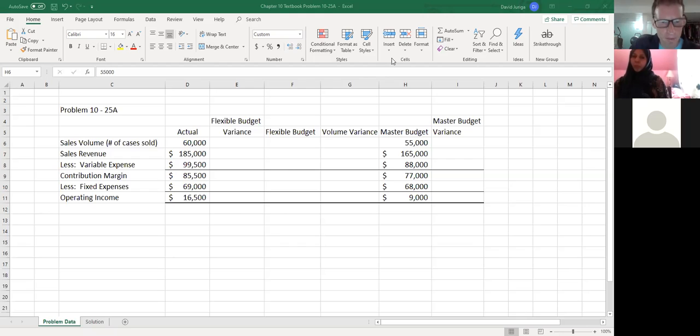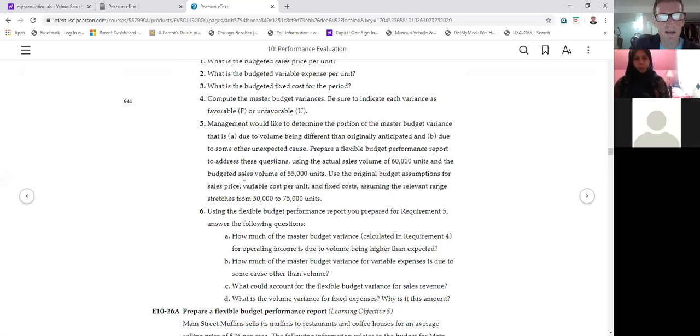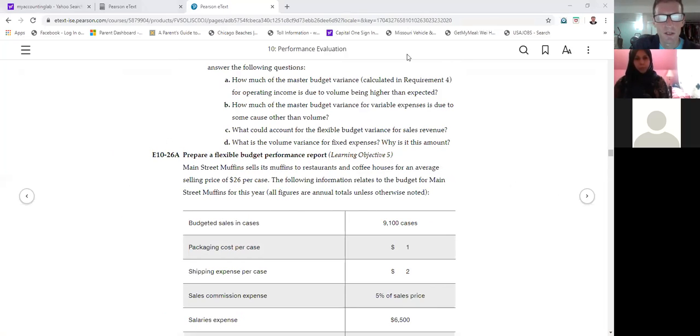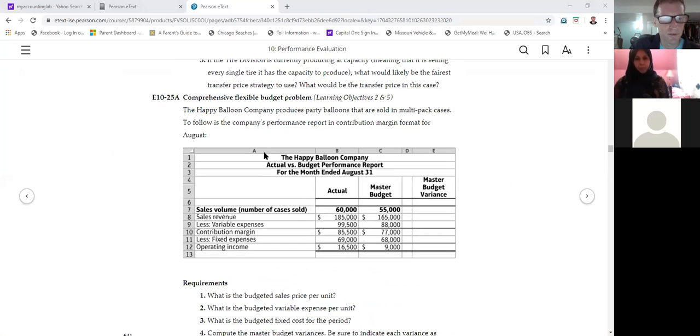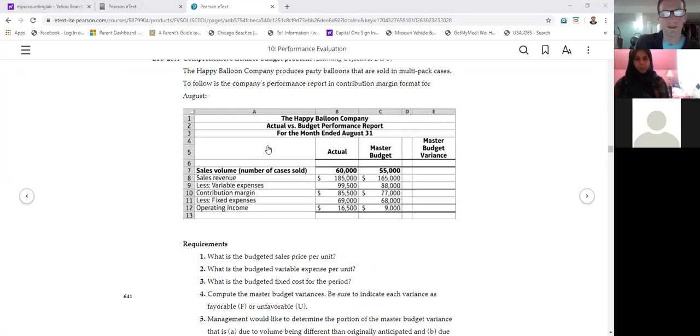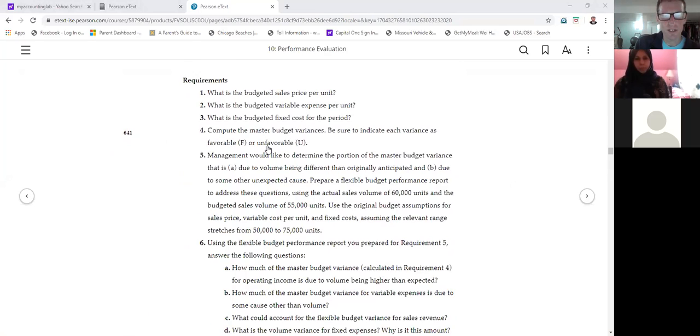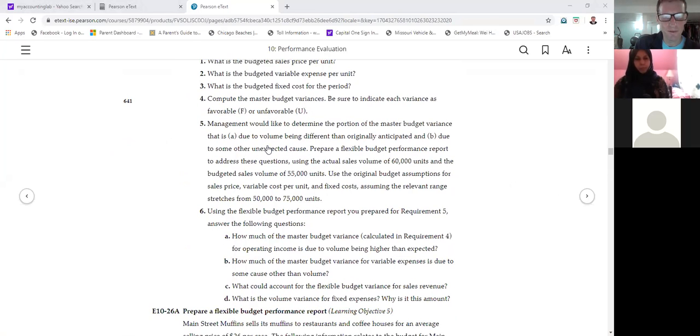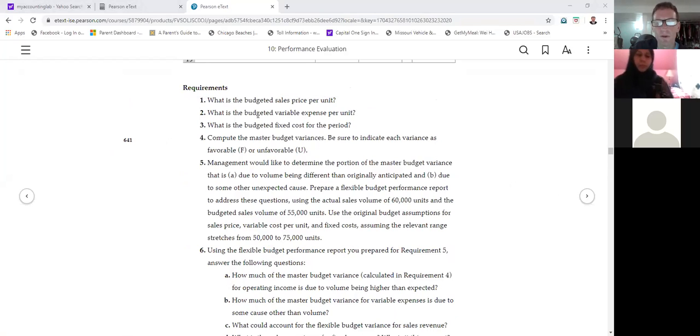Okay, so let me go back, and I know we got about 15 minutes, but this is back to your textbook problems. So this is 10-25A. And just to make a couple more notes on this, so you can see how we did everything in this problem. We've done all the calculations. So at that point, what you can then do